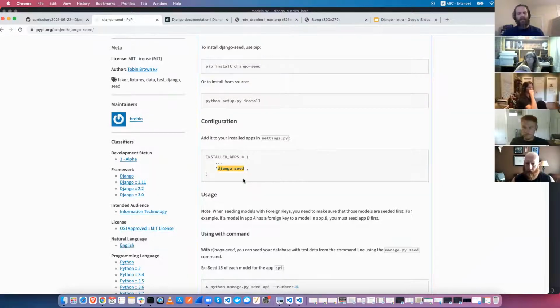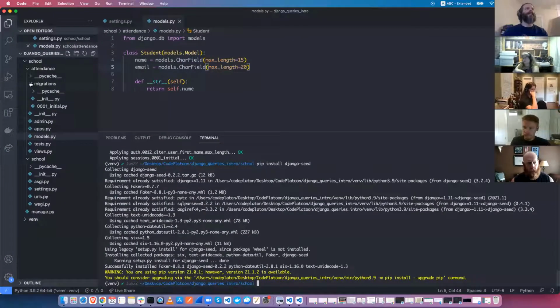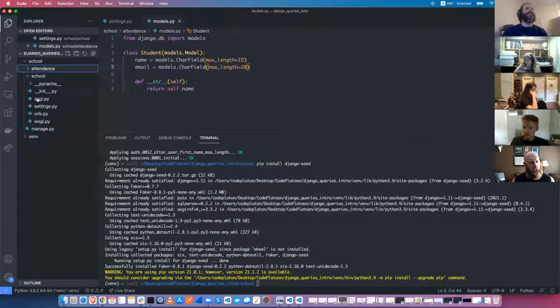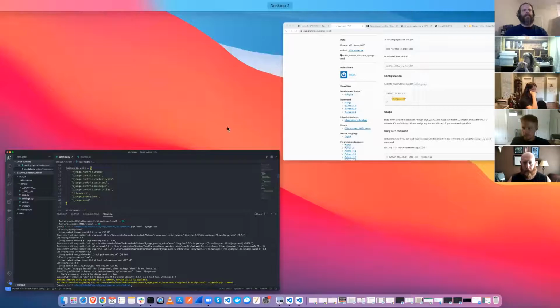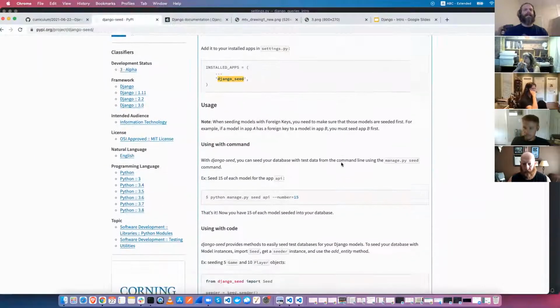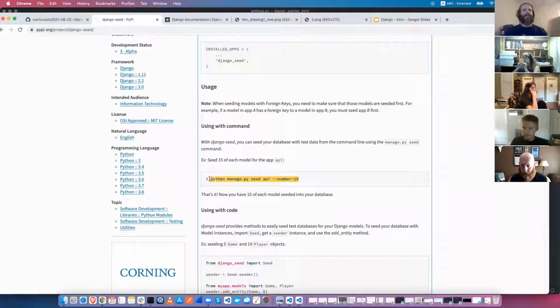So django_seed. We go into my project configuration here, and I'm going to add django_seed. And then I can actually run this with python manage.py, pass in this argument seed, and then the